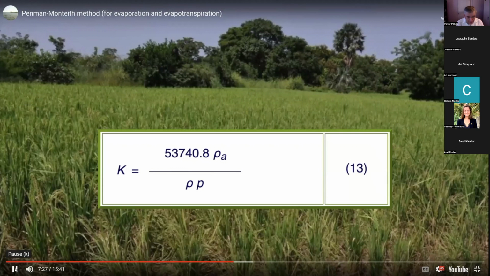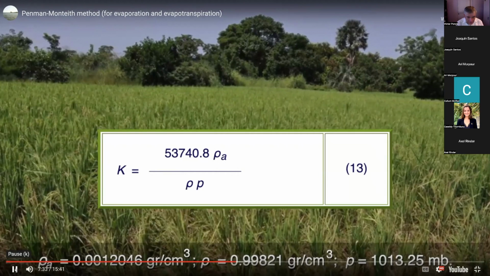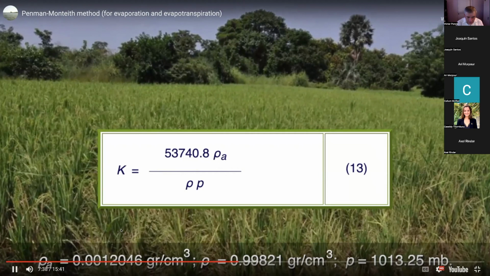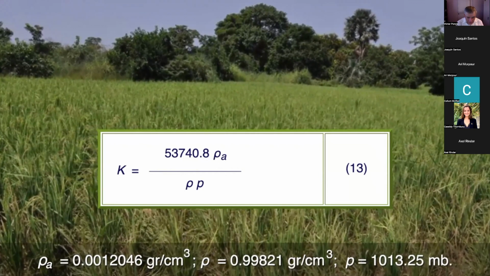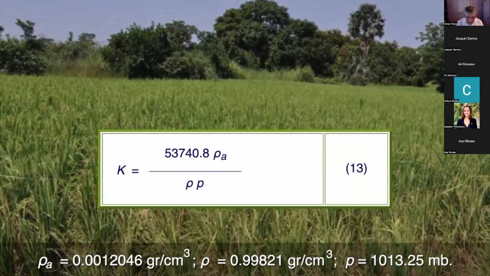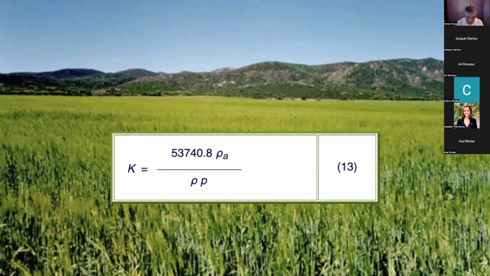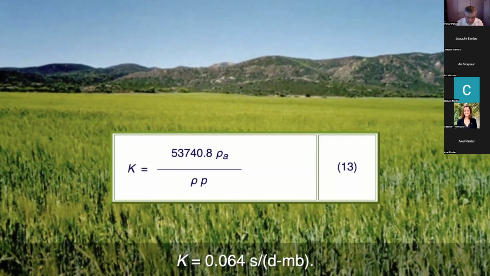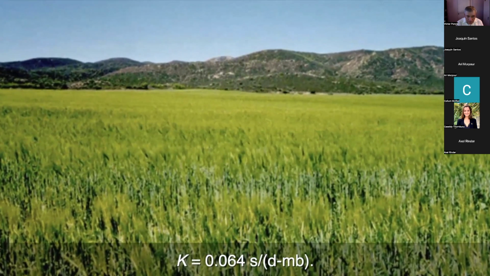At temperature equal 20 degrees Celsius and standard atmospheric pressure, sea level, rho sub A equal 0.00120046 gram per cubic centimeter, rho equals 0.99821 grams per cubic centimeter, and P equal 1013.25 millibars. Thus, the constant K in equation 13 reduces to K equals 0.064 seconds per day per millibar, and equation 9 reduces to